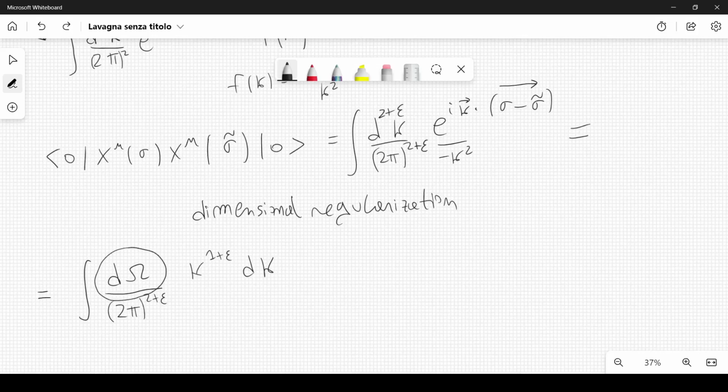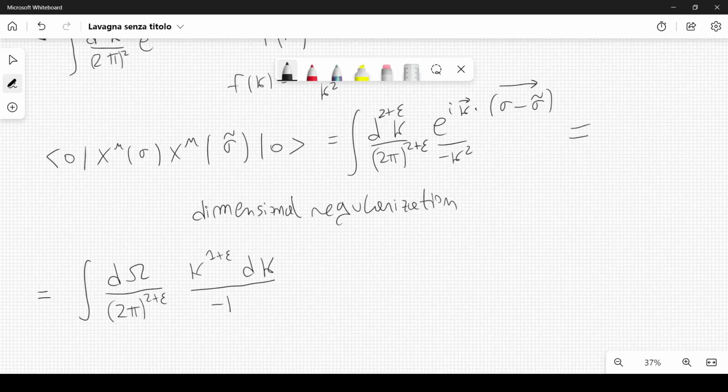So this d omega would be more complicated. For example, think about spherical coordinates. You would have an element of solid angle, and then here you would have k squared dk in 3 dimensions. So in this case, we would set epsilon equal to 1, so we would have k squared dk. And in polar coordinates, if you recall, you have something like r squared dr, then you have sine of an angle, sine phi d theta, something like this. And this would be the element d omega. And this could be generalized to higher dimensional spaces.